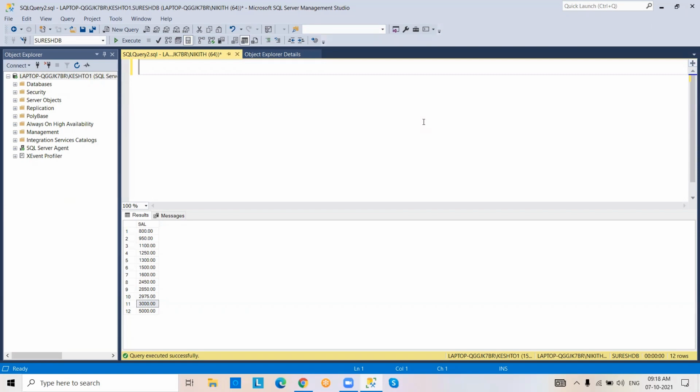No, nothing is going to be modified in the table, because we are using a select statement, a query, for retrieval. Select statement is only for data retrieval purposes. Let's go to arithmetical operators: plus, minus, multiplication, division.